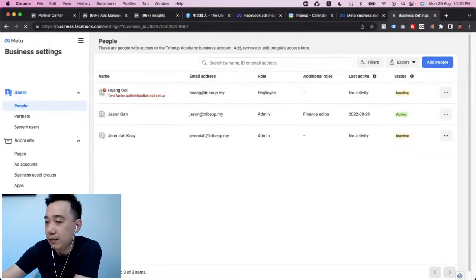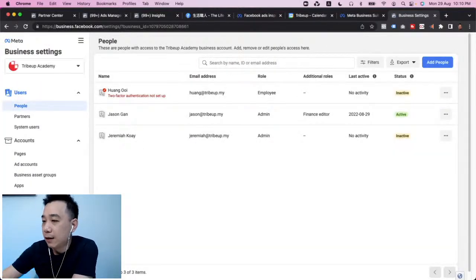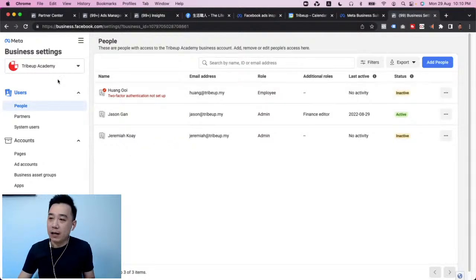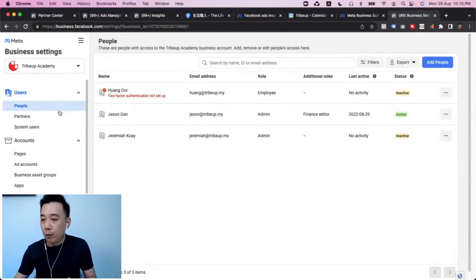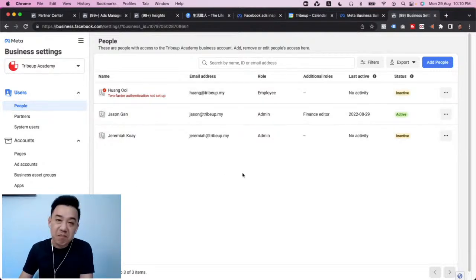It's already in. So I'm just going to come back to this. Okay, so this is your business manager. Now, what can we do with business manager? Essentially, we can do a lot more things. For example, you can manage more people, as in you have a team and you want them to help you manage certain things here and there. That's how you can actually do this.